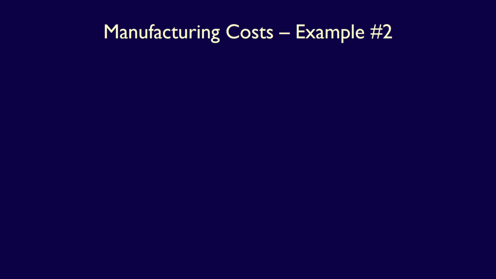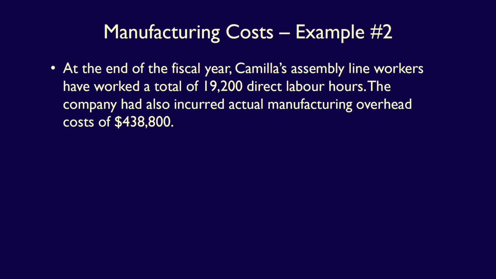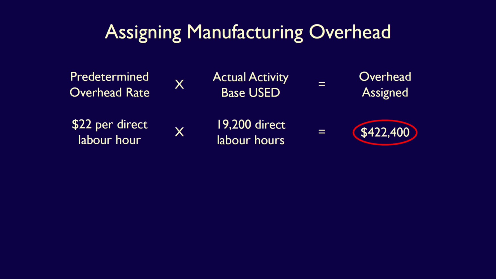What would happen if the manufacturing overhead was underapplied? Let's do another example using Camilla Inc. to demonstrate this. Let's assume, for example 2, that at the end of the year, Camilla's assembly line workers had instead worked a total of 19,200 direct labor hours. The company had also incurred actual manufacturing overhead costs of $438,800. Knowing that, we can determine the total amount of manufacturing overhead applied during the year using the formula. Multiplying the predetermined overhead rate of $22 per direct labor hour by the actual activity base used, 19,200 direct labor hours,